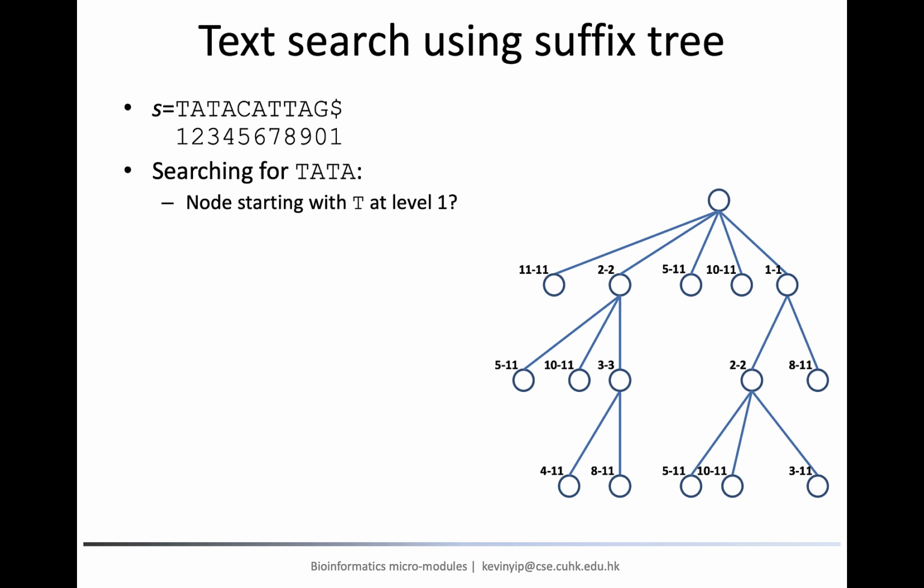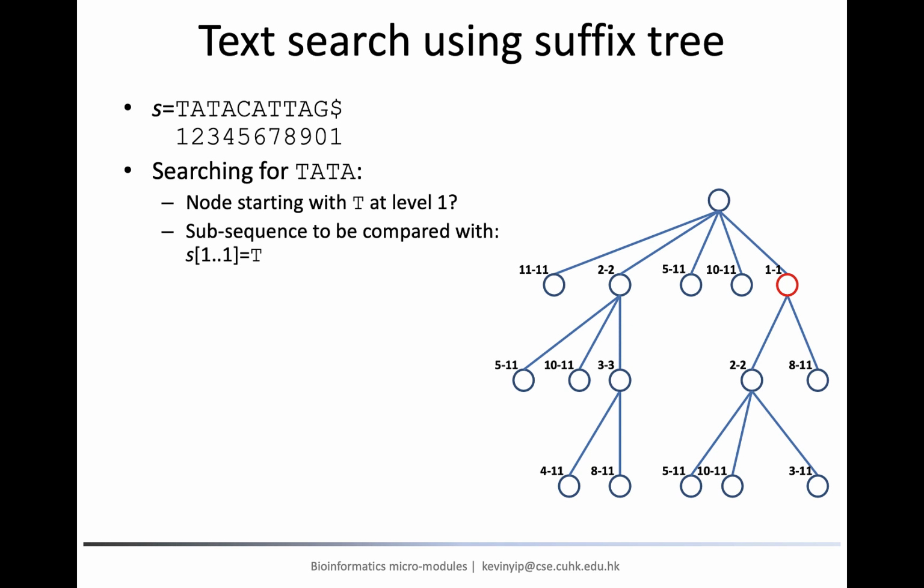The first thing to check is whether there is a child of the root that corresponds to a subsequence starting with T. We can either check every node at this level one by one, or we can use exactly 5 slots to store the children of the root respectively for subsequences that start with $, A, C, G, and T, and check if the T slot is empty. Using either way, we should find this node highlighted in red that corresponds to a subsequence starting with T.